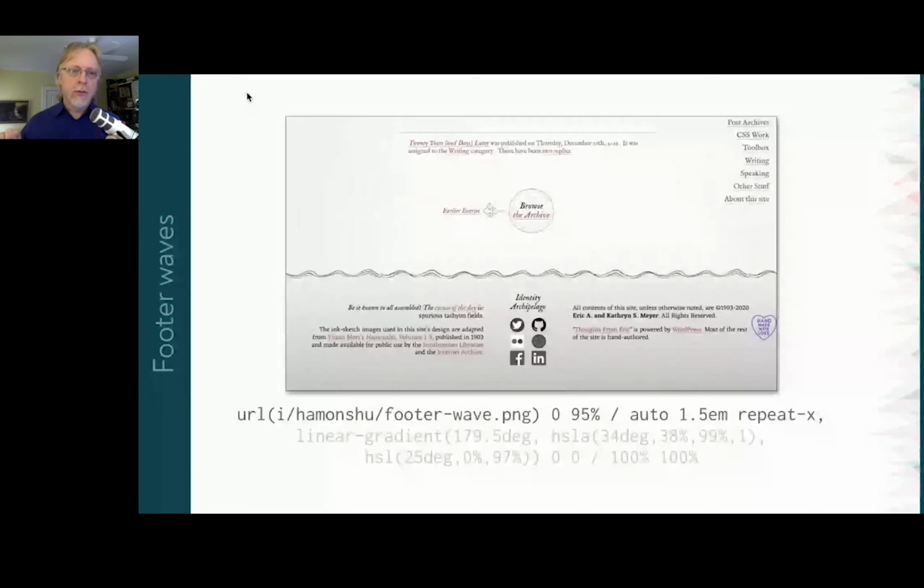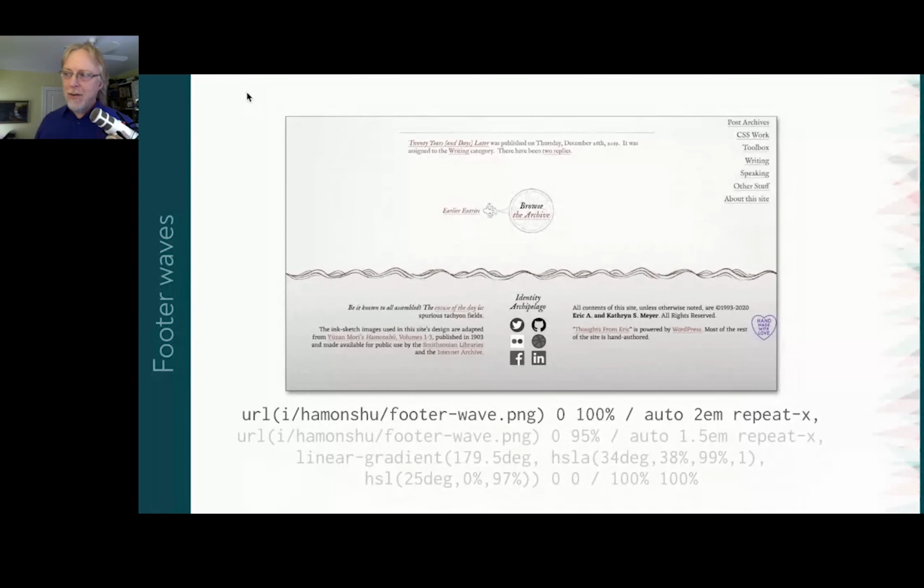And there's a strip you might notice where that image doesn't quite reach the bottom of the before element's background area, but that's okay, because I'm going to add this same image again, a little bit bigger, that covers up that gap. And using that same image at different sizes creates a pattern that looks kind of random and organic. It's not random. If you look at it closely, you realize there are repetitions here. But it's good enough for a quick glance. Somebody who's not analyzing the design or the CSS closely probably won't catch that. It'll just feel like waves on the ocean that are, so far as we can see, random.